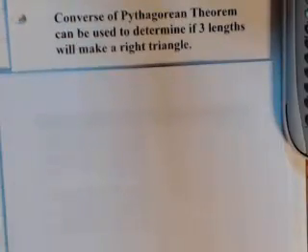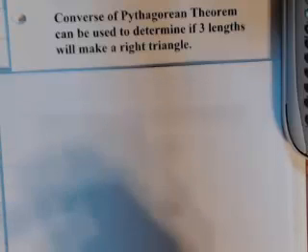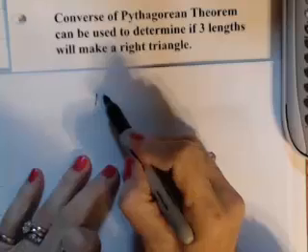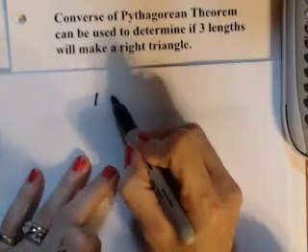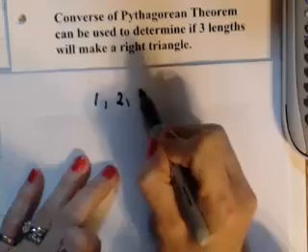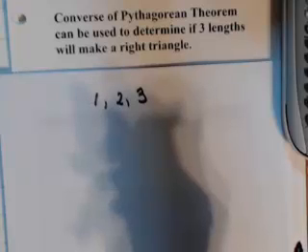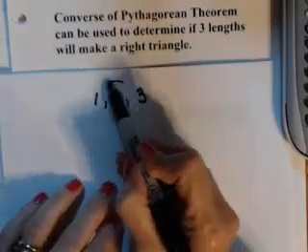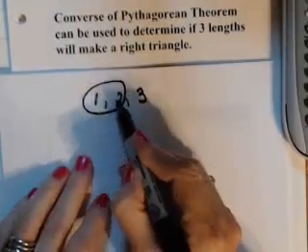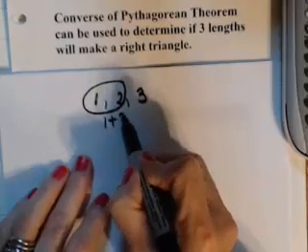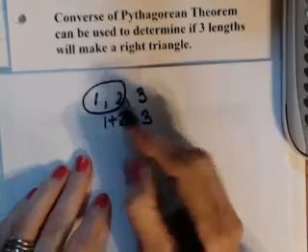One thing we need to remember is that not all lengths will make a triangle. So if I give you dimensions like 1, 2, and 3, we want to know if these three dimensions will make a triangle. The rule is that if we add these numbers, the two smallest of the three together, and we subtract them,